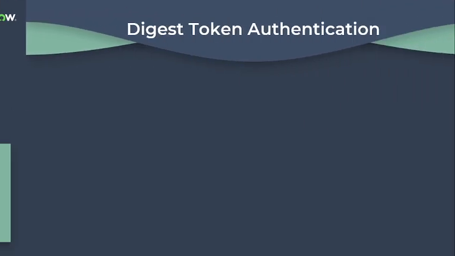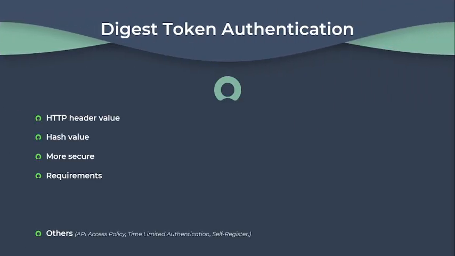Then digest token authentication. The instance reads the HTTP header value and compares it to its computed hash value of the digest token. If its computed hash value matches the digest token value, then the instance searches for a matching value in the user table. If there is a matching value in the user table, the instance considers the user pre-authenticated and logs the user in. Digest token authentication is more secure than simple